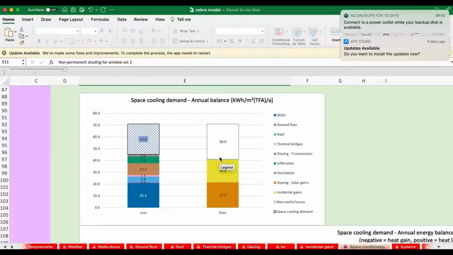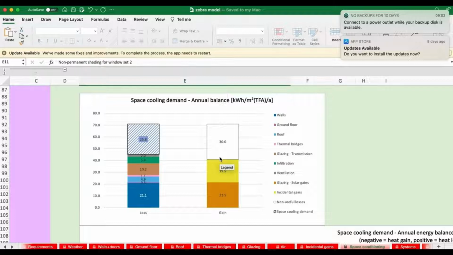In the right hand column we've got gains, and the two big gains we've got, we don't have particularly large amounts, we don't have heat coming through the walls or anything like that, because as we said it's already quite hot in the building because the set point's 30, and we've got incidental gains of 19 and glazing solar gains of 21.